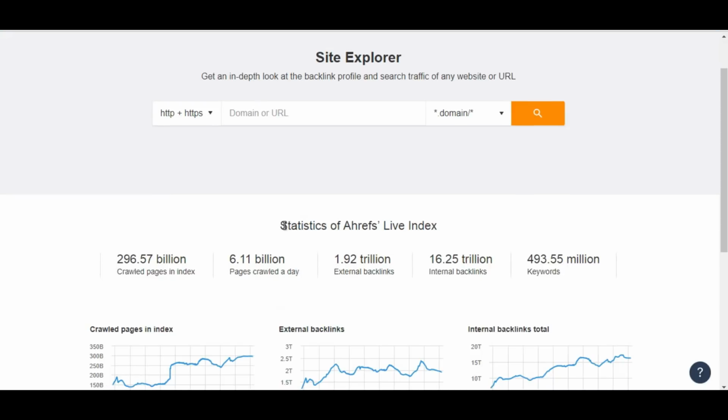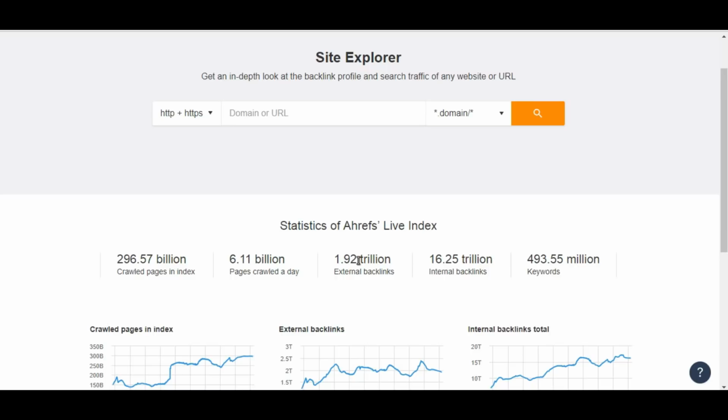You see the statistics of the live index. There are 296.57 billion crawled pages indexed. That's a very huge amount of pages indexed in Ahrefs. And there are 493.55 million keywords. So this keyword database is very highly updated.